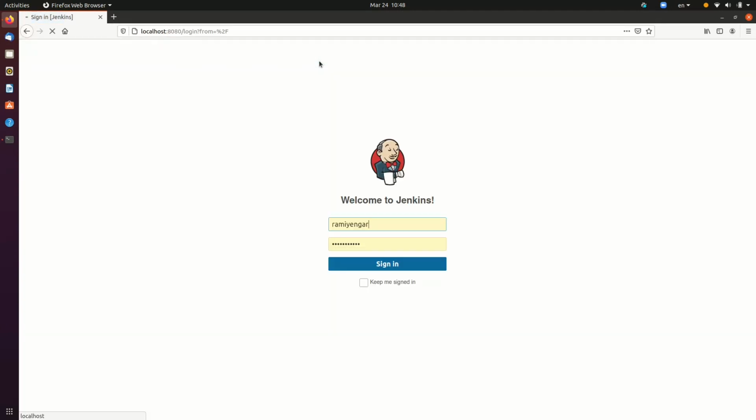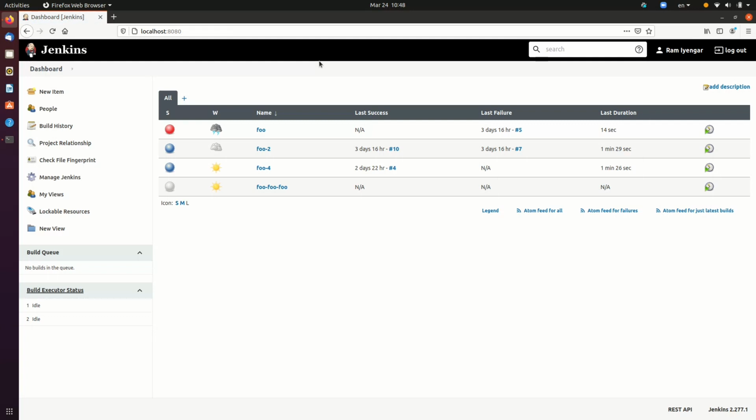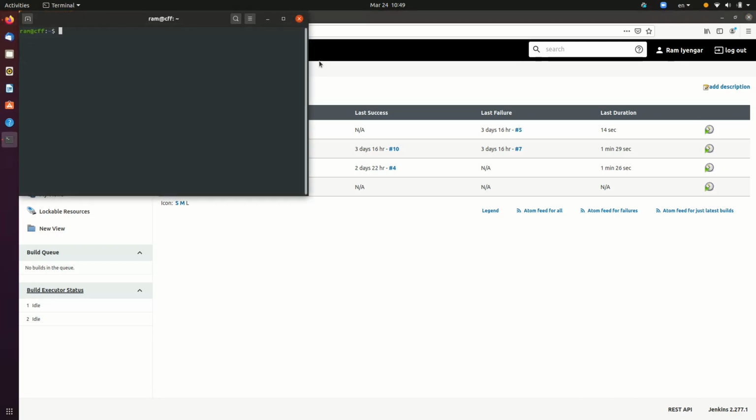A successful installation means that Jenkins will be running and can be accessed via the browser. Make sure that the Cloud Foundry CLI is installed on the machine as well. In this video, we will be deploying to a 3-node Kubernetes cluster that we have running on Google Cloud. Cloud Foundry, or more specifically the CF for K8s project, has been installed on this cluster. We will verify that the CF CLI, the Kubernetes cluster, and all the other underlying parts are ready and available by running the CF target command.